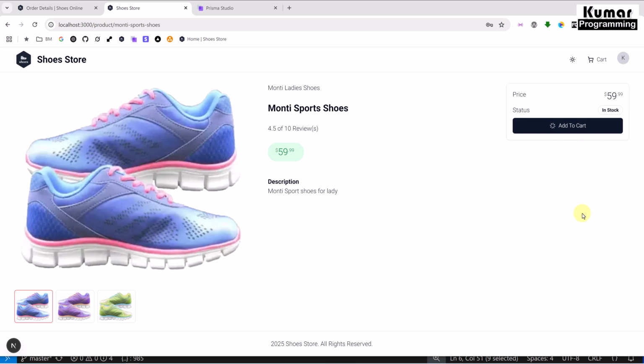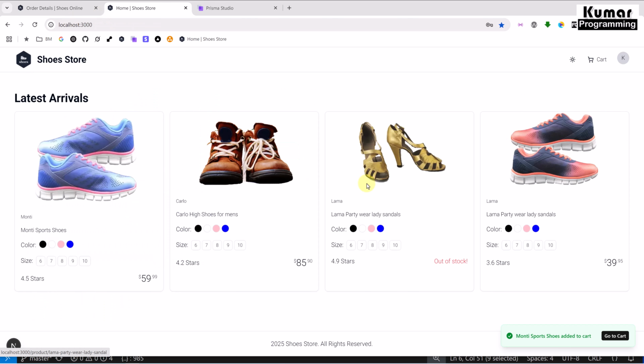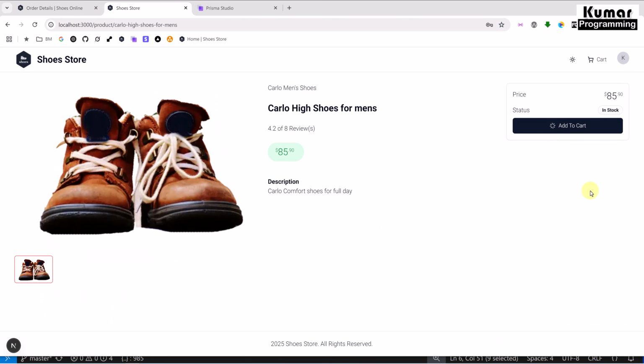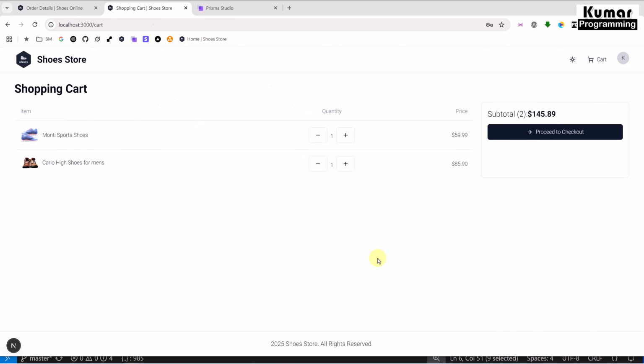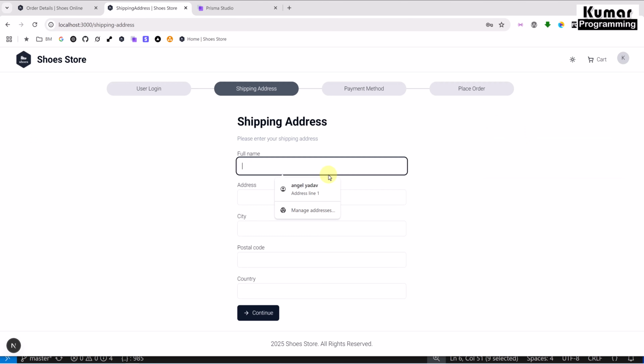Now let's add some product to the cart. Add to the cart, and this item is added to the cart. Now let's add one more product. Add to the cart. Now let's go to the cart. And here if you see, we have added these two items in the cart. Now proceed to checkout. And here we have to provide our shipping address details since all the data have been